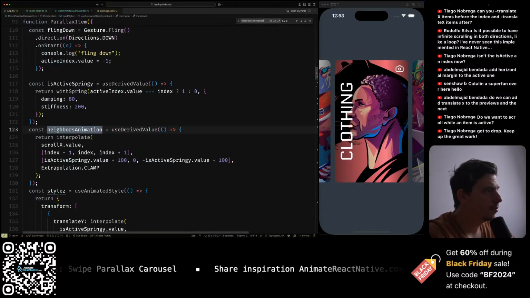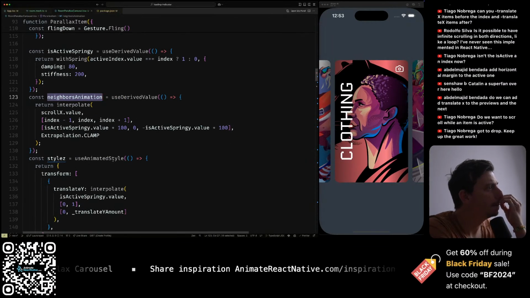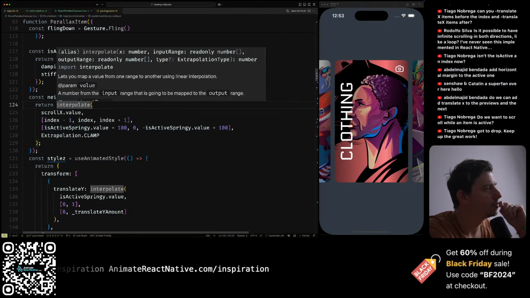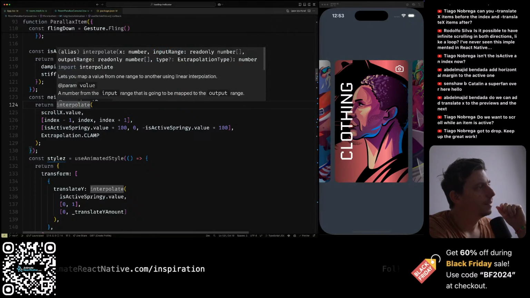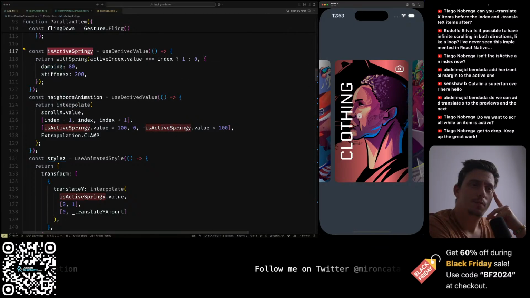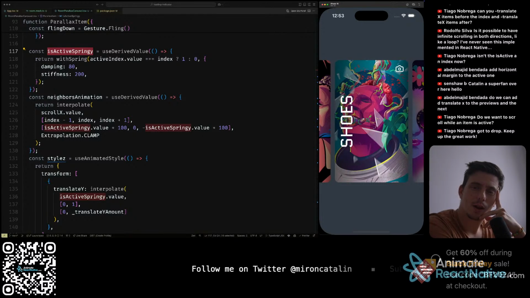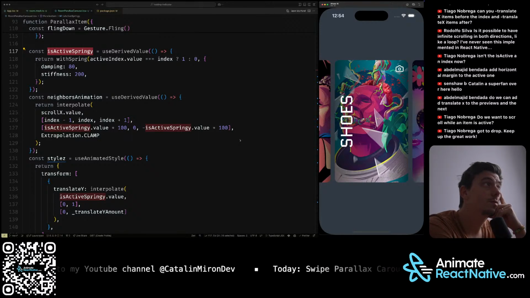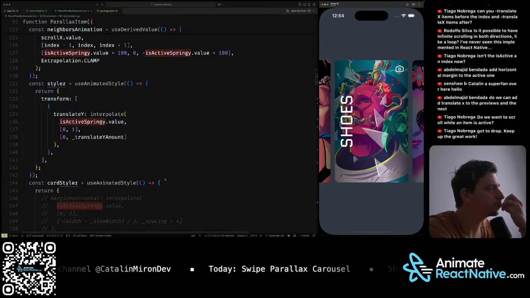Okay, and the neighbor animation should be... I want to complicate things so much, because I would like to get it based on the active index. And now I'm inside the item itself. So for each individual item,